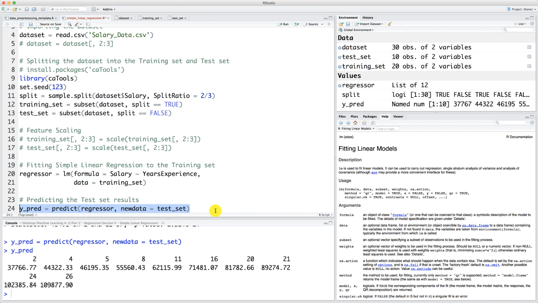Okay, so that's it with this tutorial. And now the next tutorial is my favorite part, the part where we visually see everything that we've been making. That is, we will be visualizing on a graph the training set results and the test set results. So we will make two graphs, a first graph showing the predictions of the training set observations and a second graph showing the predictions of the test set observations. And we will see how the simple linear regression line approaches the real